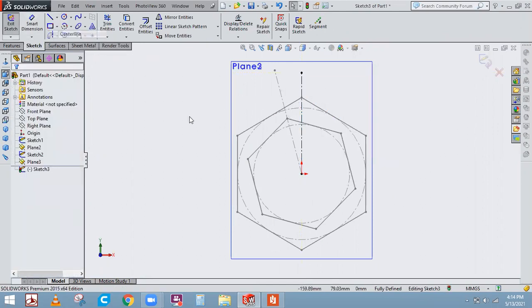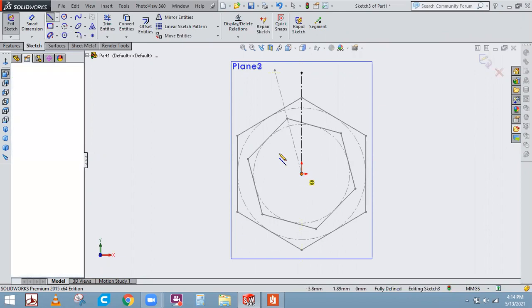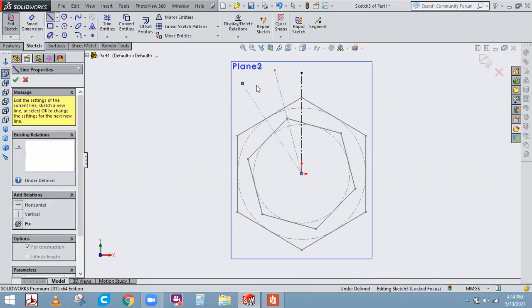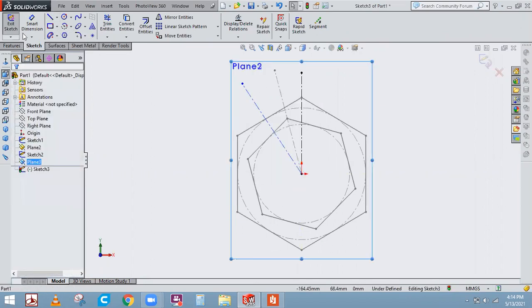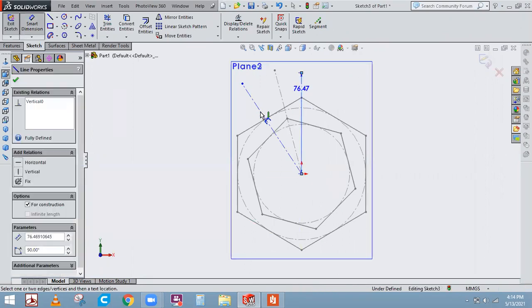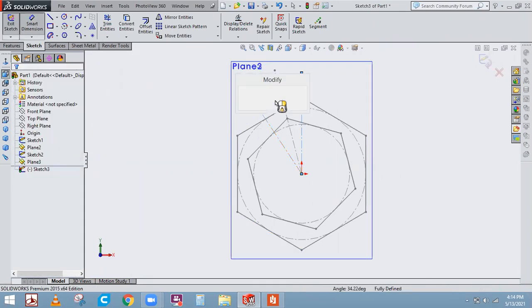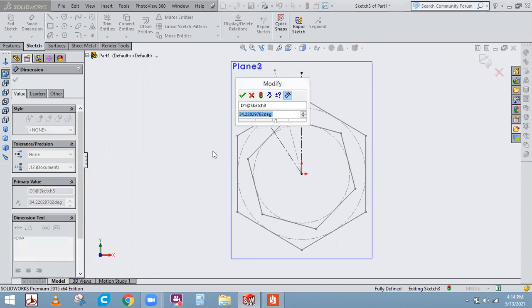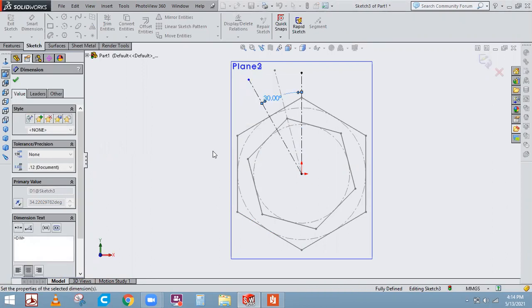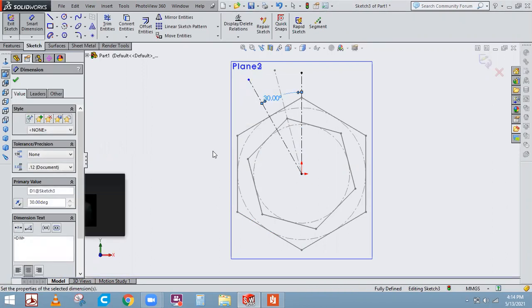Now tell me what should be the angle for this line. What should be the degree? Chiranjeevi. 30, sir. 30, very good. Everybody got it? Why is it 30? Please speak up.